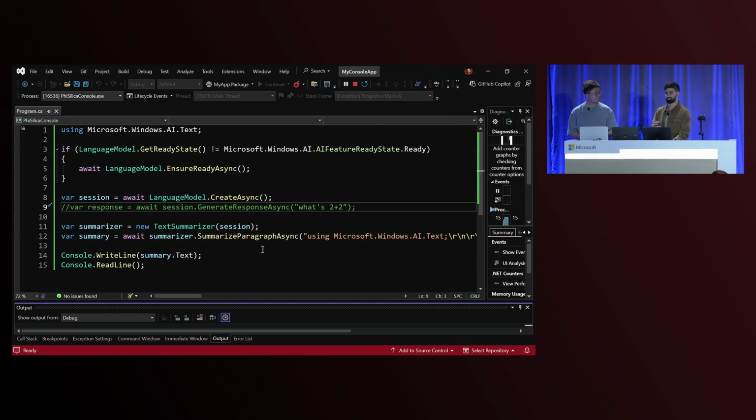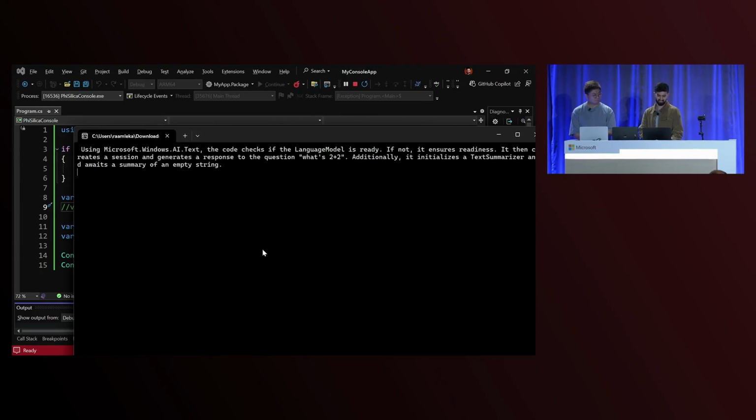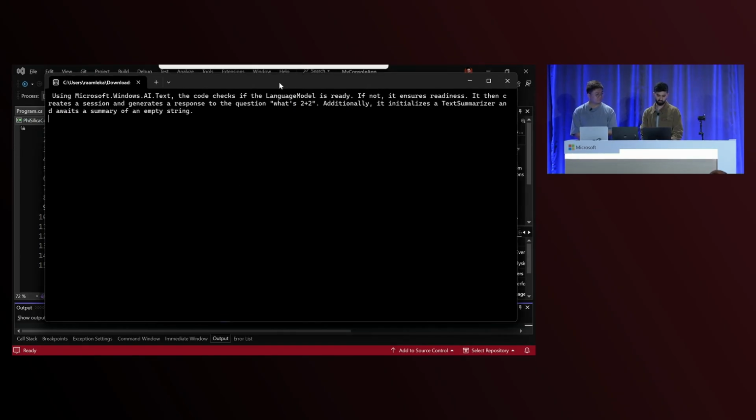So text intelligence comes in 3 flavors. You can summarize text, you can rewrite it, and you can convert text to a table. Summarization also has 2 subparts. One is summarizing a paragraph, which is just a block of text. And the second is summarizing a conversation. So if you have an email thread or a chat or a forum, it can track who said what over time and give you a good summary. That's sweet. So you can keep everybody's different action items. Yeah, exactly. So let's see what the console app says.